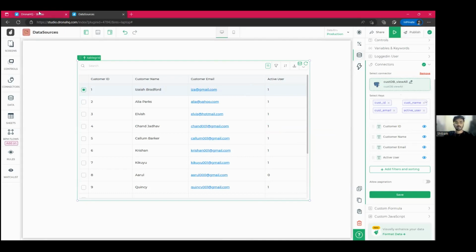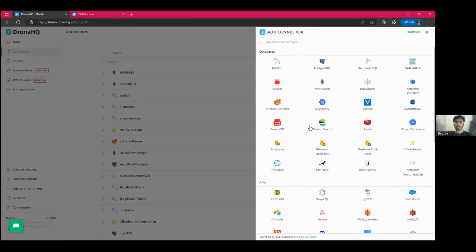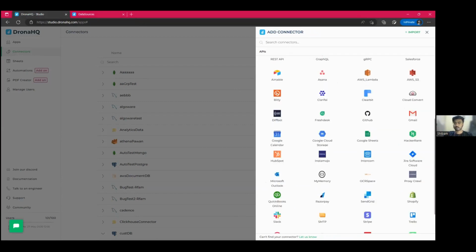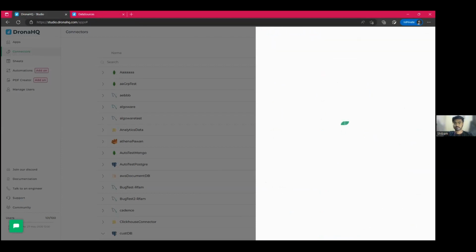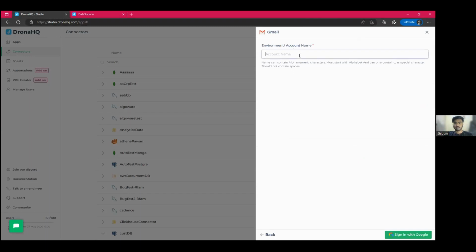And moving forward, let's add another connector. Now we have added our database. Let's try something from our APIs. Since we already have third-party APIs configured, let's click on Gmail. There is a list of IDs which have already been added here. In order to connect your own Gmail email ID, you can simply click on connect Gmail, give your name,